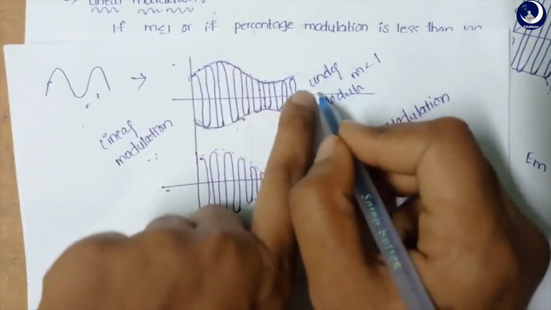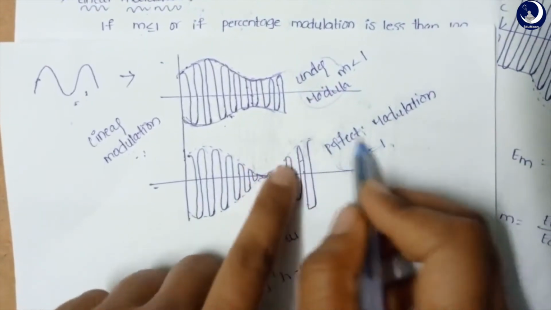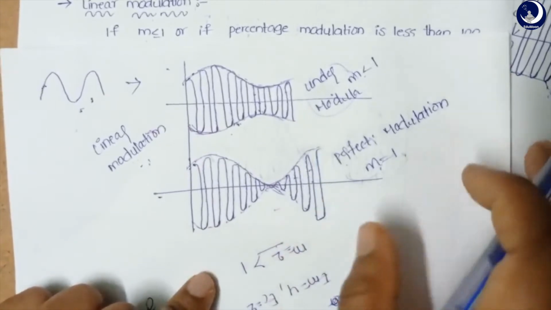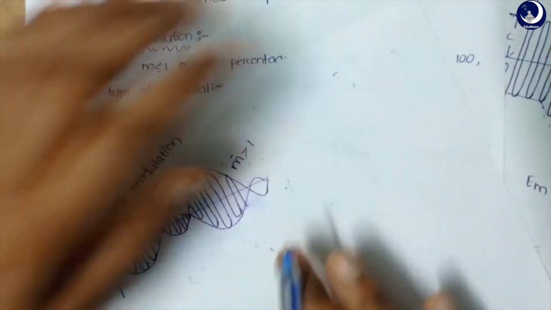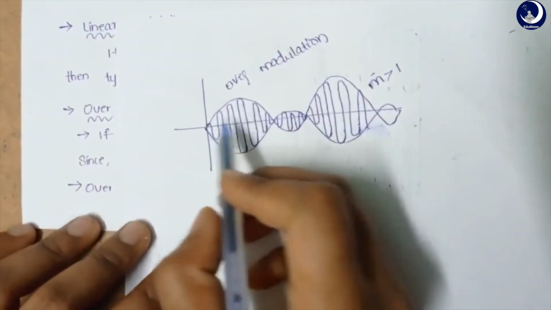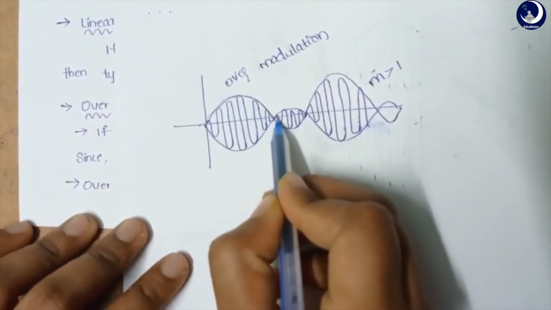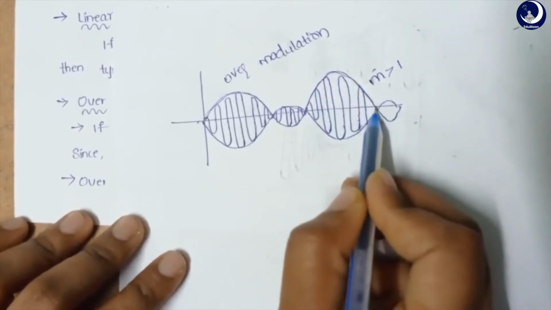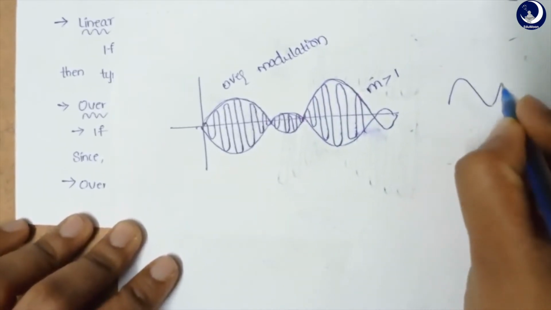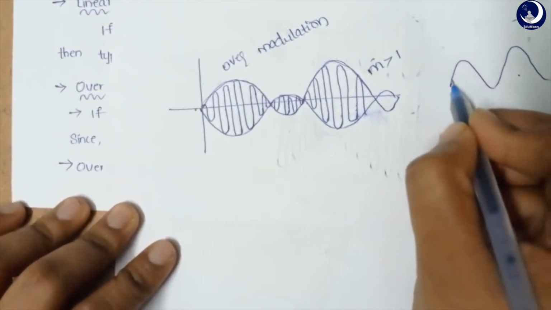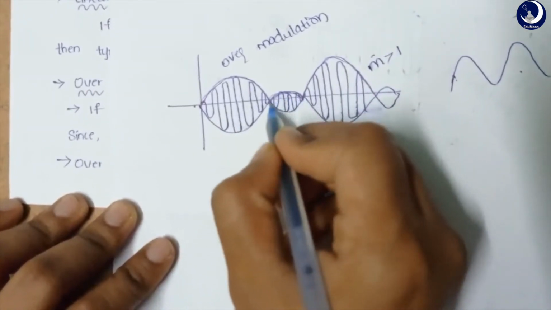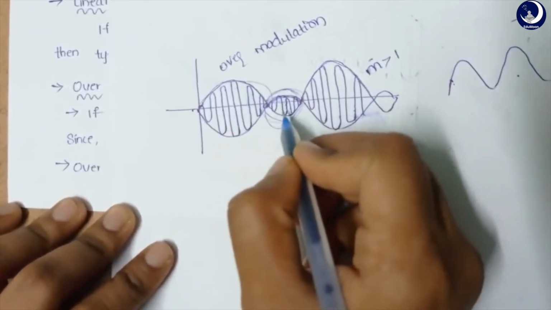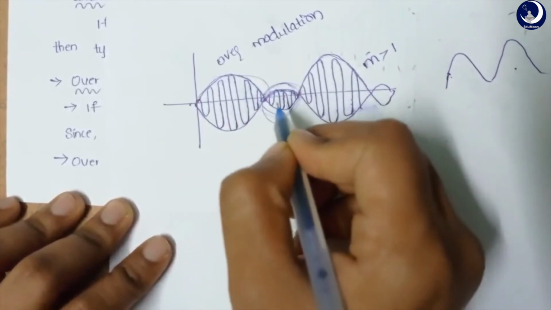That is when it is under modulated. Even in perfect modulation we can detect that. Look at this, this is the shape, right? But in the over modulated wave, the shape changed. That means even though we detect this wave, the wave will not be similar to our message signal. That means there is a small distortion that occurred in over modulation. That means there is a distortion in its envelope.